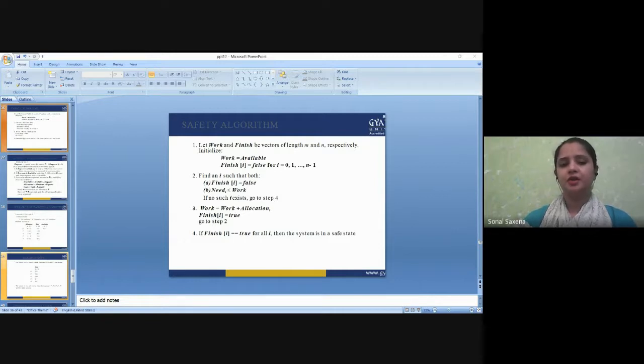So the new state of the system would be: the available resources would be 3 for A, the B resource will have 1 instance, C resource will have 0 instances, and D will have 2 instances. So, when we allocate all these things, we are determining if this new state is safe. So P1 can acquire 2A, 1B, and 1D resources and terminate. Then P2 can acquire 2 B resources and 1D resource, and it can also terminate.